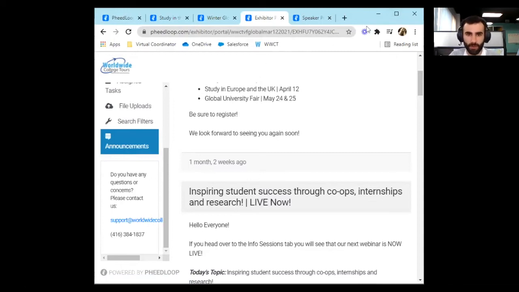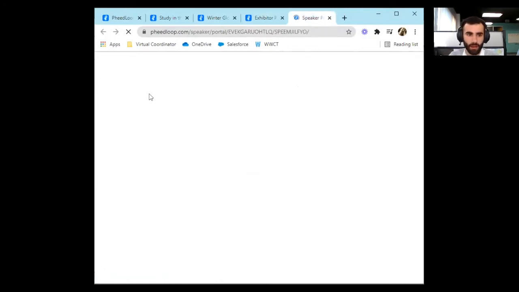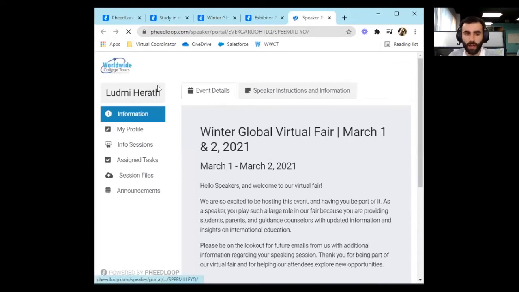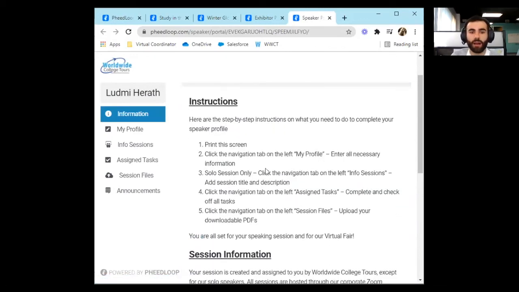Okay, so that's the exhibitor portal, and now I'm going to go into the speaker portal, and then we will hop into the live platform. I have a speaker of ours who speaks with us a lot, and I have her profile here as an example because she was a live speaker for this event. The first page again has a little welcome message, and on the next tab we have